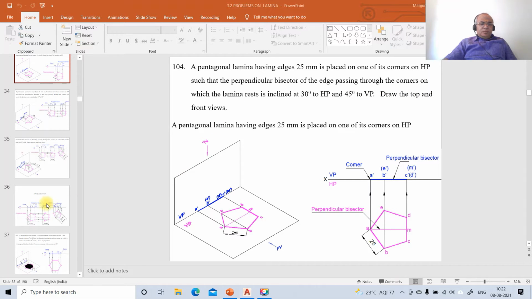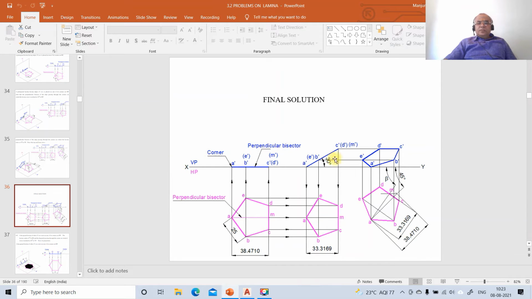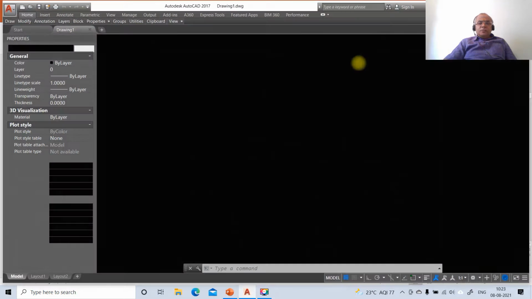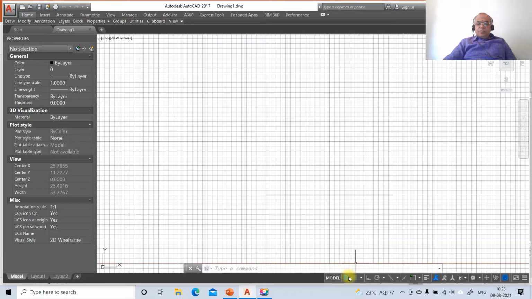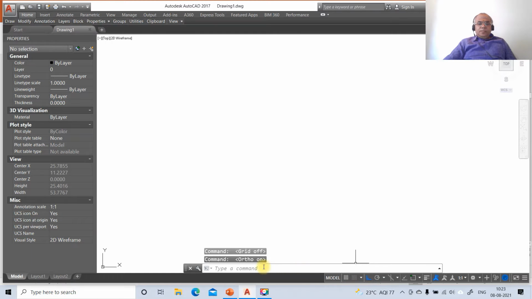So the position of this problem is here. So this we need to write the solution for this by using AutoCAD software. To do that, first we'll go to the AutoCAD screen, switch on the grid mode and switch on the ortho mode. Now the command is limits,